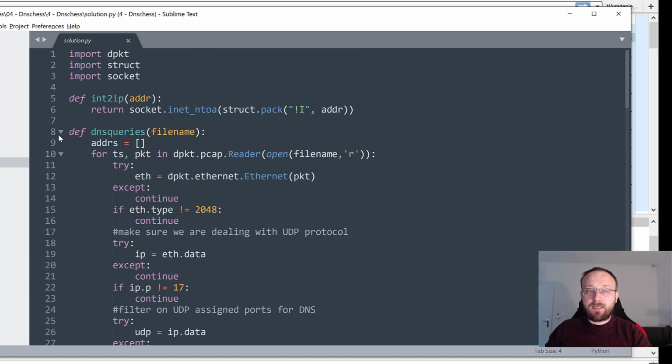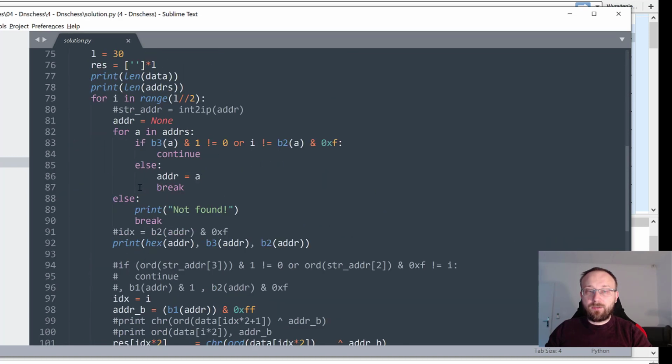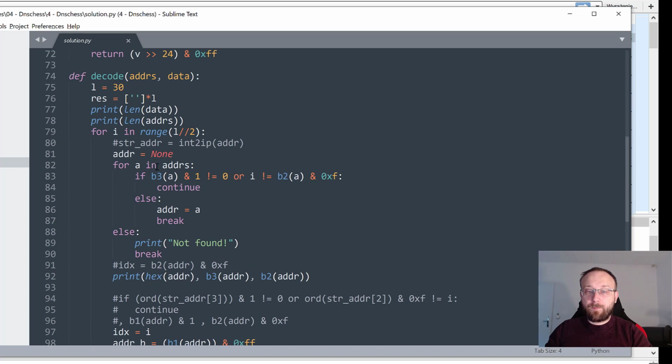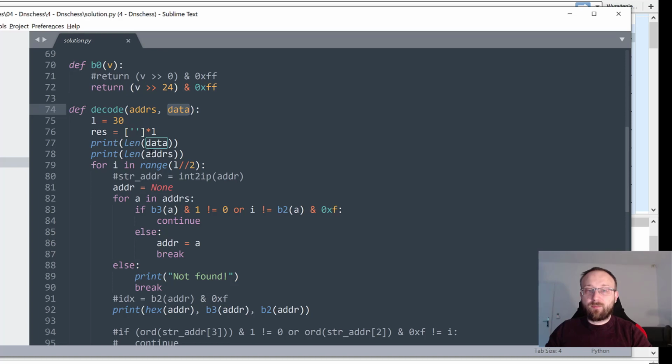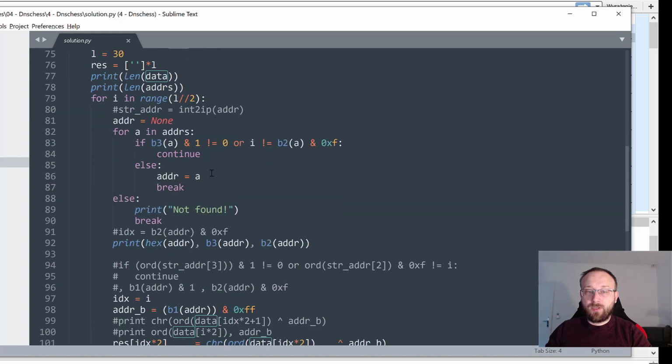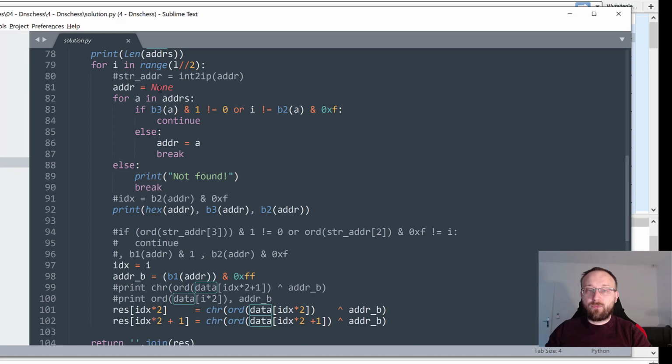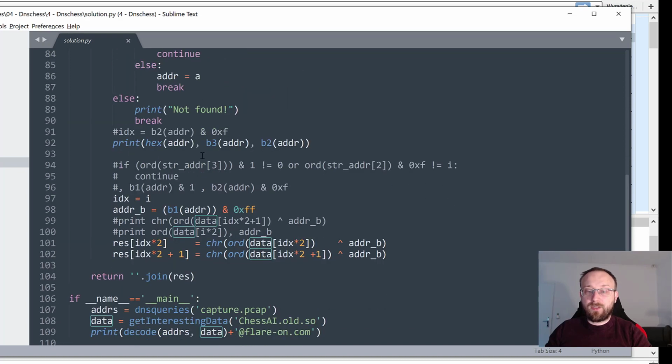And this list is actually used in the decode method, so it's passed as a parameter. The data is also passed. I print some information at the bottom, and then go through all the addresses and decode the data. So let's